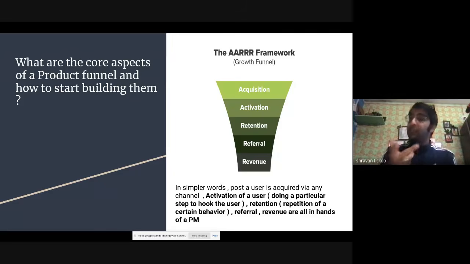The third step is retention. Now you got that seamless value. Now you understand that food arrives in 30 minutes, so what will you do again and again? You would repeat that process, right? You would say, next time also I want food, I don't like the mess food today, let me order something, let me order chicken. So you would open Swiggy and order it, and you keep repeating that action. Similar to Facebook. Like if you make 4 friends, you would see, oh, 10 of my friends are already there.